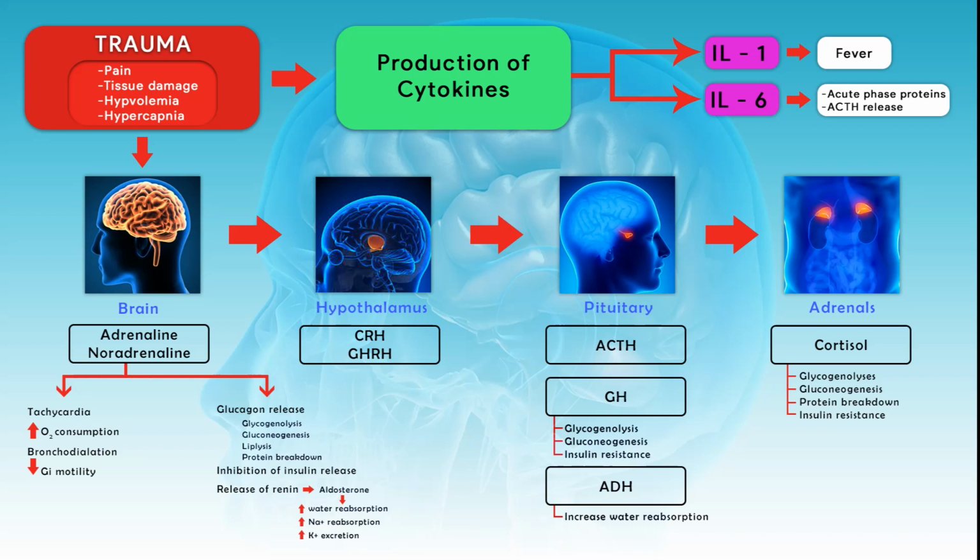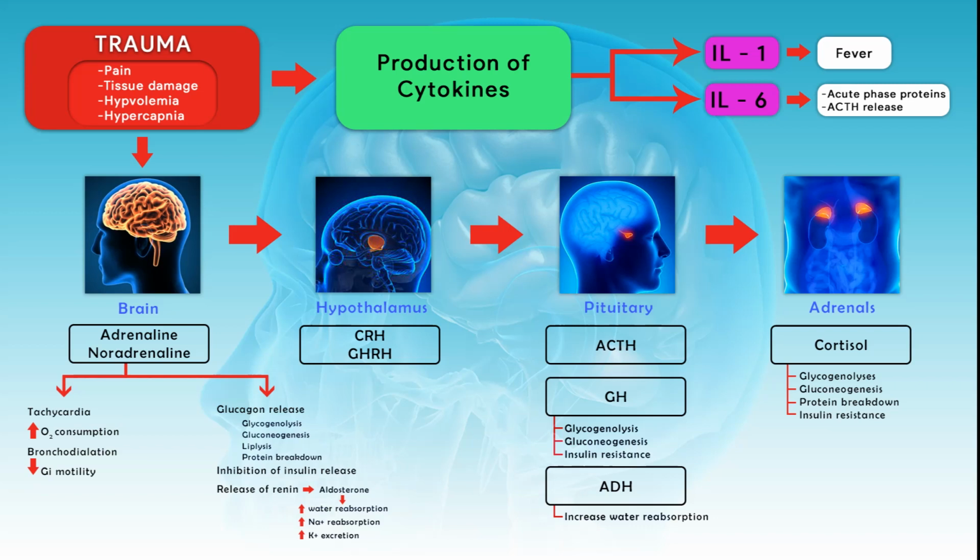Corticotrophin releasing hormone secreted from the hypothalamus stimulates the pituitary to secrete ACTH, which stimulates the adrenal glands to secrete cortisol. Cortisol is one of the main catabolic hormones and is involved in glycogen and protein breakdown and gluconeogenesis. Growth hormone releasing hormone released by the hypothalamus stimulates secretion of growth hormone from the pituitary. Growth hormone has almost similar functions to glucagon, as discussed earlier.